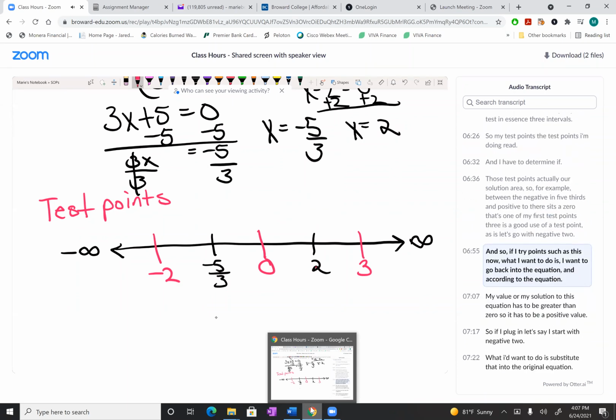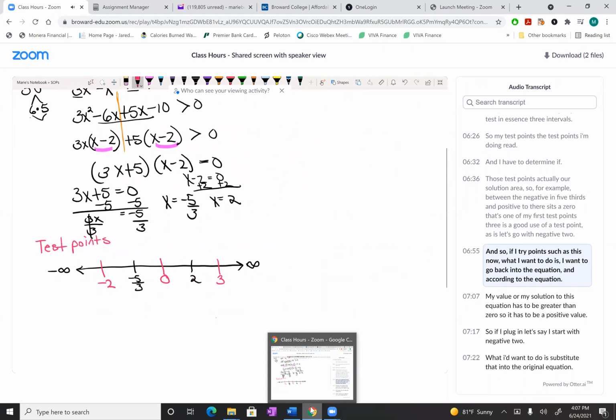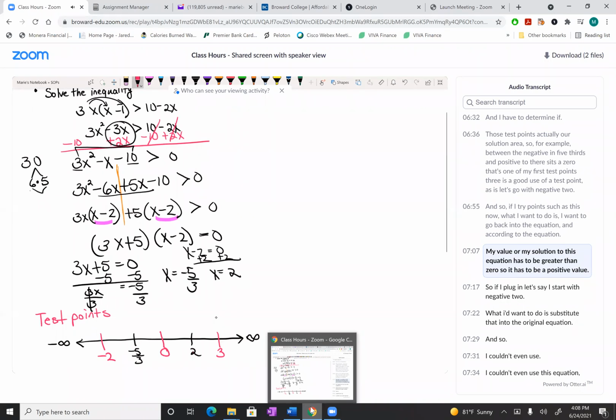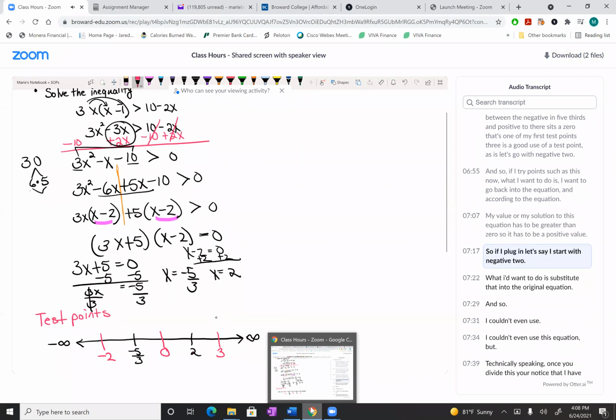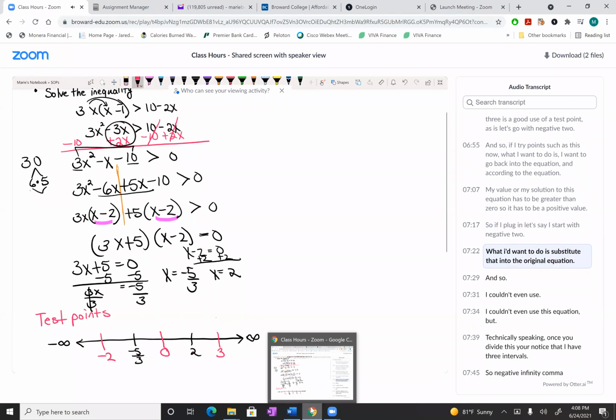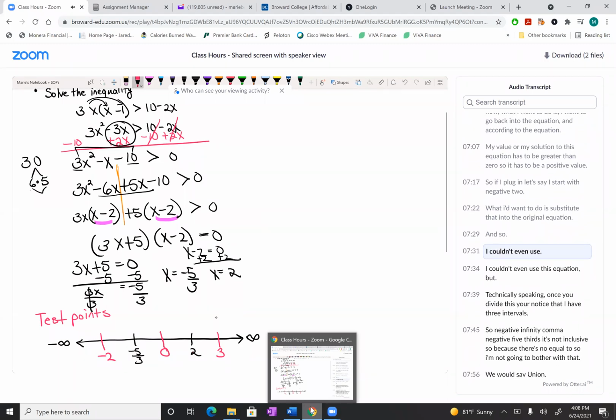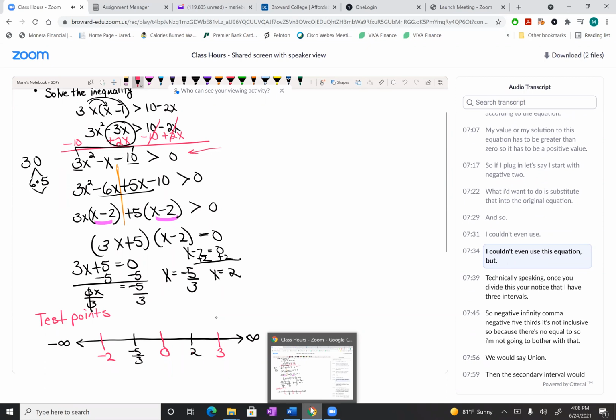And so if I try points such as this, now what I want to do is go back into the equation, and according to the equation, my solution to this equation has to be greater than 0. So it has to be a positive value. So if I start with negative 2, what I'd want to do is substitute that into the original equation. And I could even use this equation, but